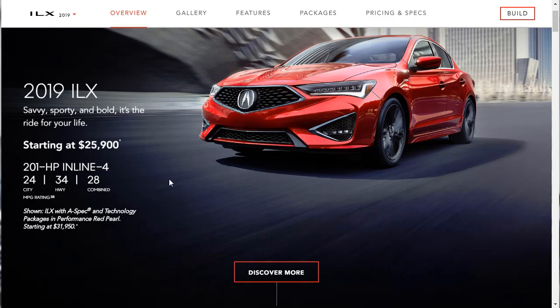All right. Now they're showing in this photo an ILX with A-Spec, which is what we're going to be doing, with technology package, which is also what we're going to be doing. And that price starts at about $31,950. We'll see how much it is after we attach all the stuff. So let's discover more. There's a little bit of snippet information down here below that talks a little bit more